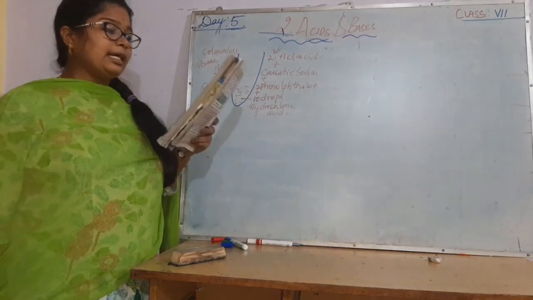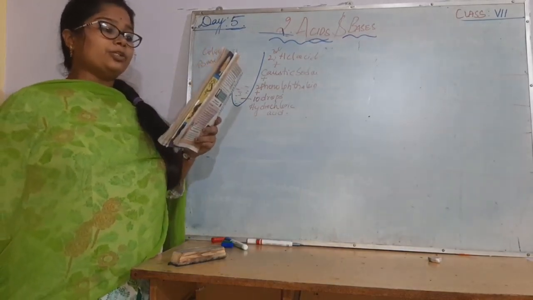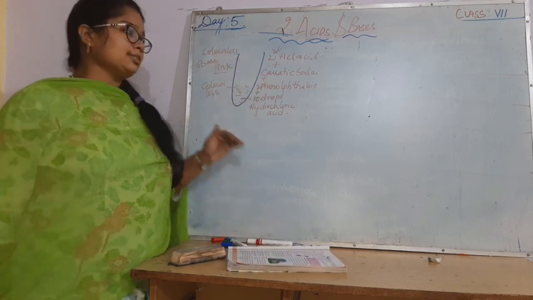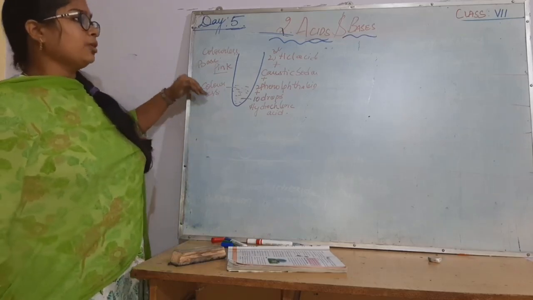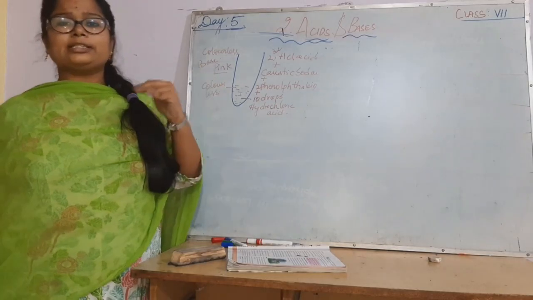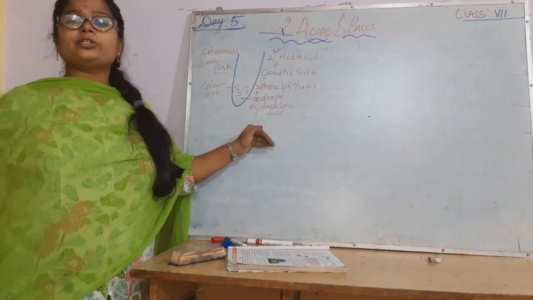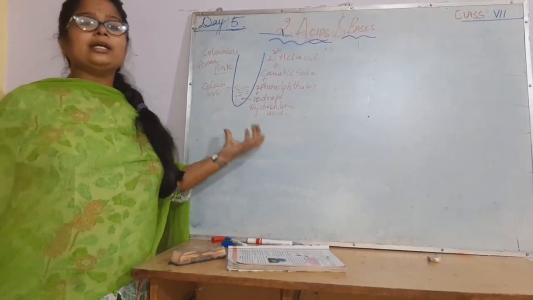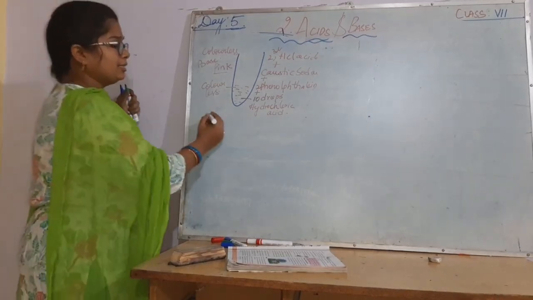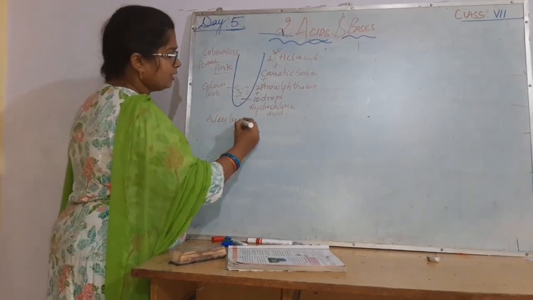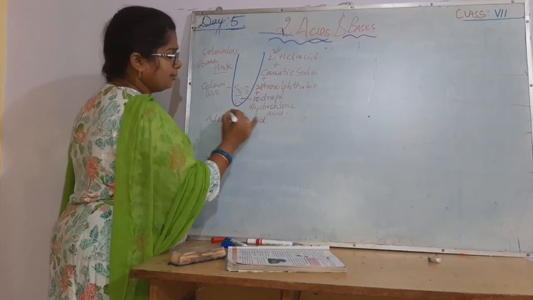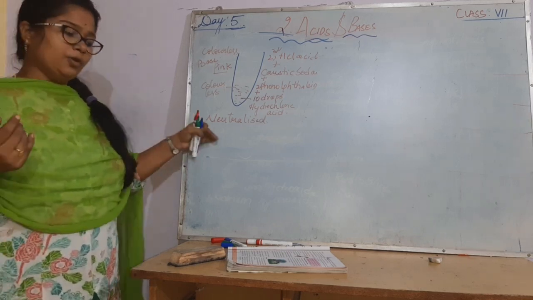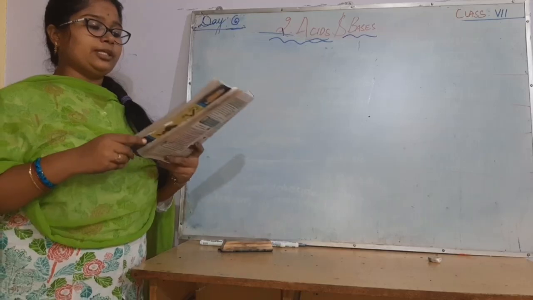So when acids and bases are mixed in a definite proportion, they give a neutral solution. We can learn more about neutralization in higher classes. So acid, base, 2 drops, 2 drops, equally. If you add acid and base, acid and base, then it becomes a neutral solution which does not show any change with litmus papers or indicators, and this is neutralization. Now it is a neutral solution. It is neither acid nor base. About neutralization, you will learn more in higher classes. I hope you understood this. We will go into the next topic.